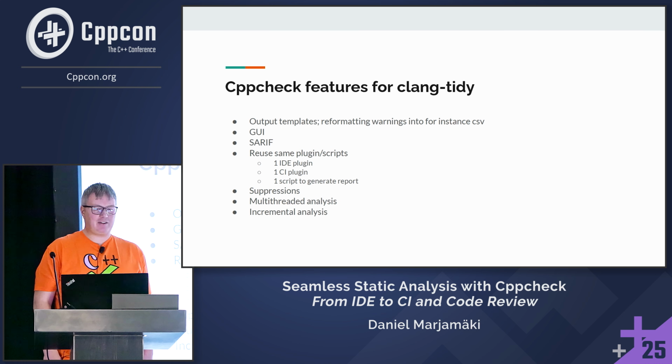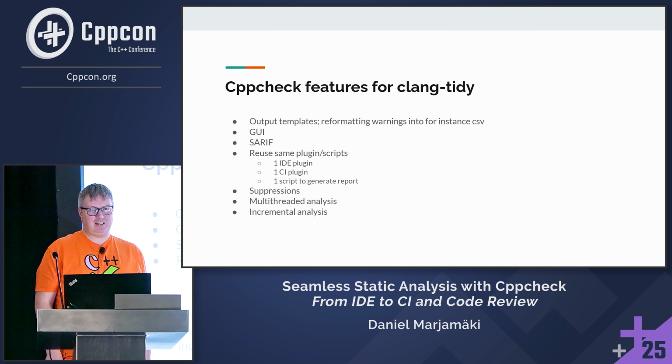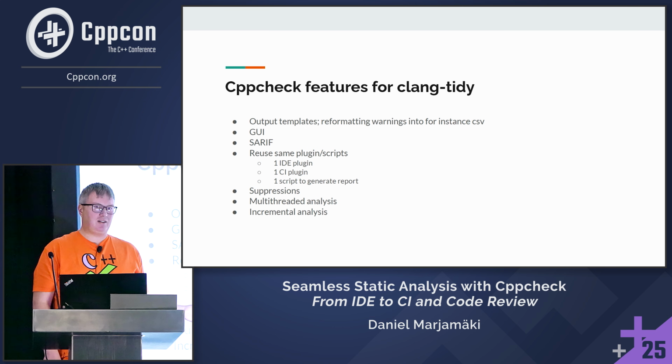You get multi-threaded analysis, and you get an incremental analysis. This means that when you tell cppcheck to check a project, it will only check the modified files. It will not check unmodified files. And this can considerably speed up the analysis. So what happens with the unmodified files then? We always save the results. And then if a file is unmodified, we fetch those results and write them. So you get all the results all the time anyway.